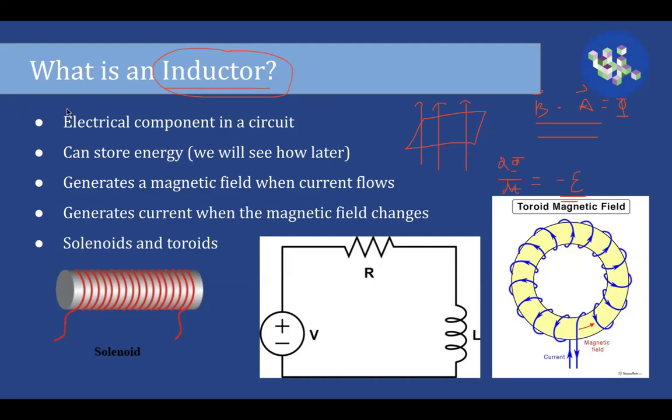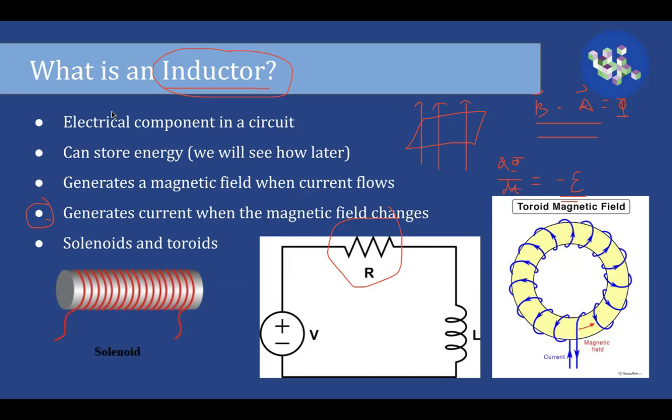They can store energy. For example, that's true for most elements in the circuit. Resistors heat up, so they dissipate thermal energy from the circuit. And inductors generate a magnetic field when current flows, and they generate a current when the magnetic field changes. And this should seem familiar to you because